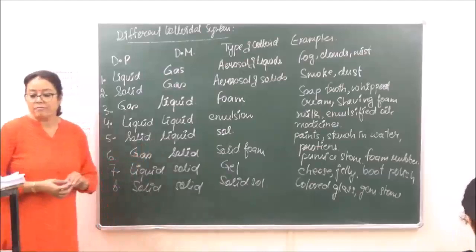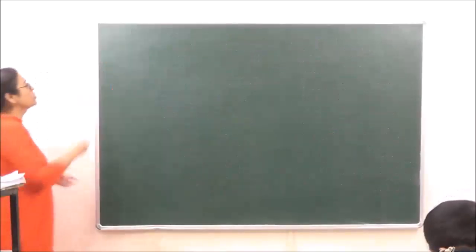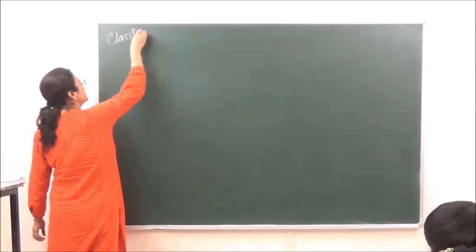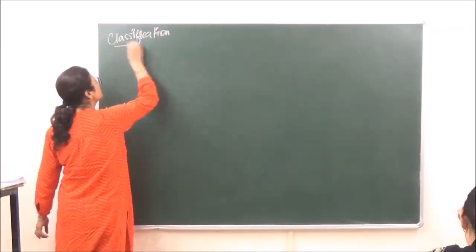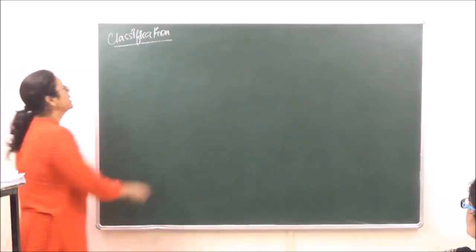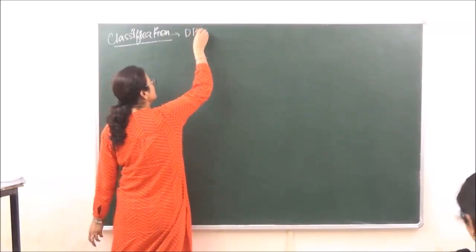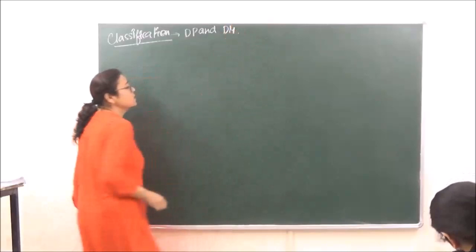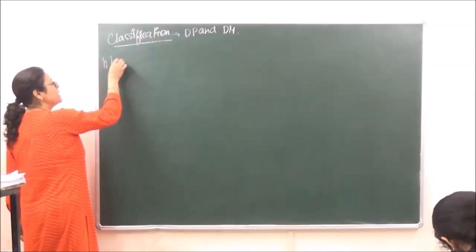Okay? Then after that, let's go on to the classification of the colloids. This classification of the colloids depends upon the forces of attraction between the dispersed phase and the dispersion medium. It is going to depend on what kind of forces of attraction are present in the dispersed phase and dispersion medium. On the basis of this, we classify colloids into number 1,